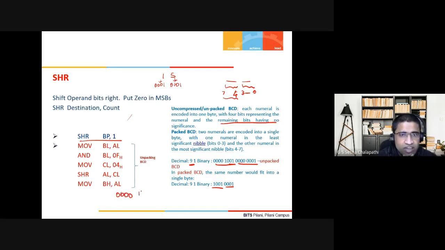Let us say I have 9. Because in uncompressed BCD this nibble doesn't have any significance, I will AND it with 0000 1111. By this, this particular nibble will just become 0. That is what you have in BL.